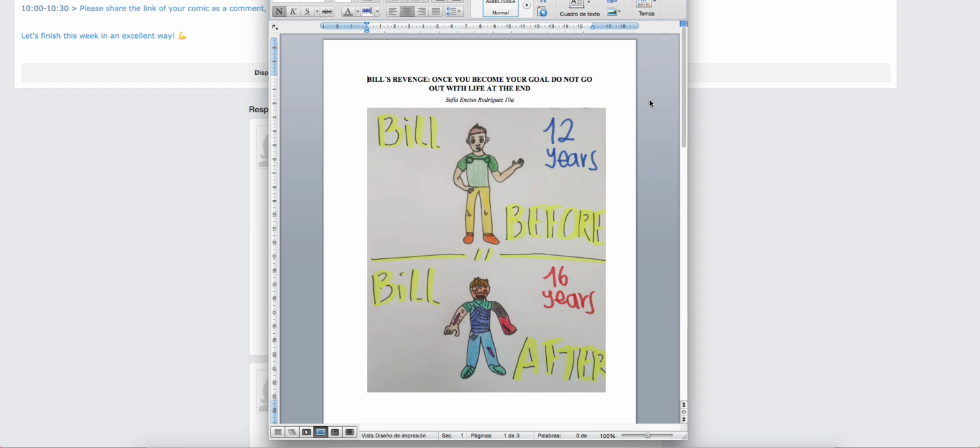Okay. This story is about a boy whose name is Bill. In the first part, I write that Bill is 12 years old, and in the next drawing, Bill is 10 years old. The story is about a town called Nantucket where he and other kids and families live, and in that town exists a dark laboratory, so to speak, and it is about that laboratory doing experiments with